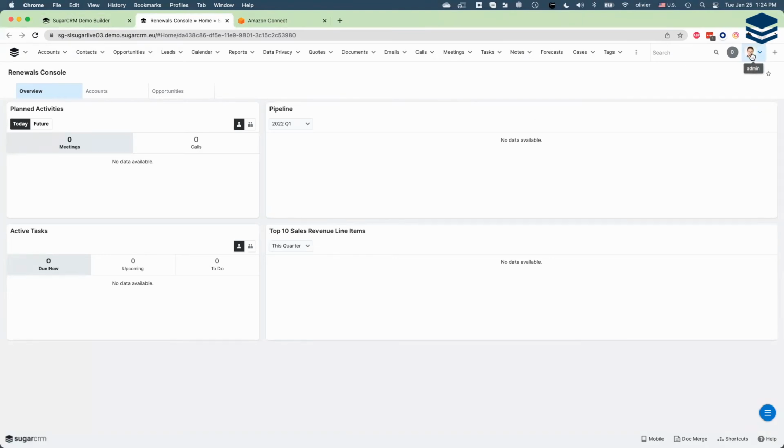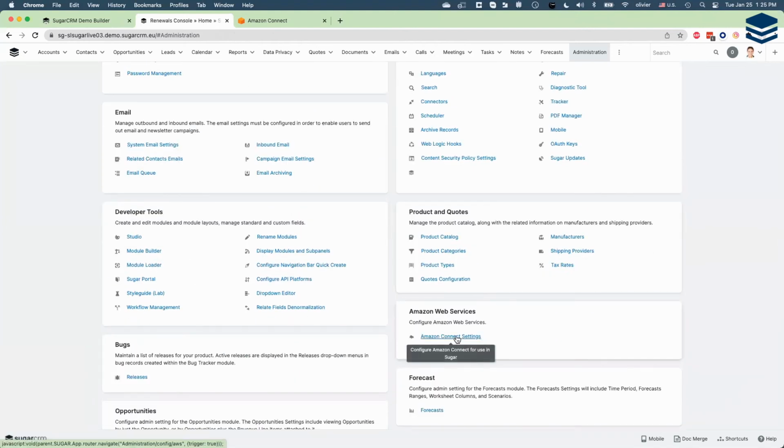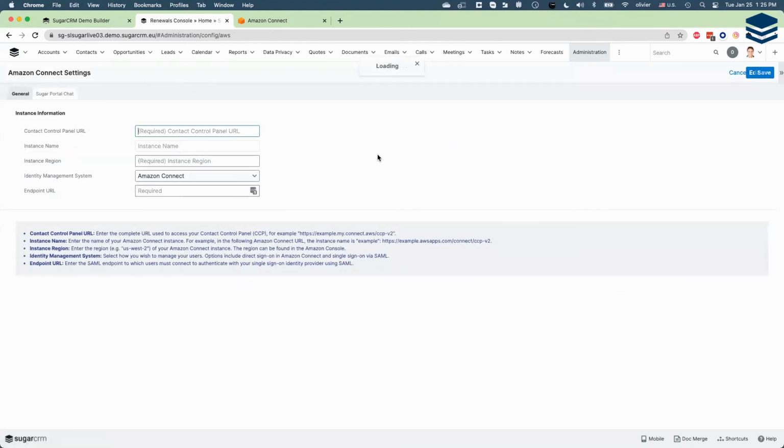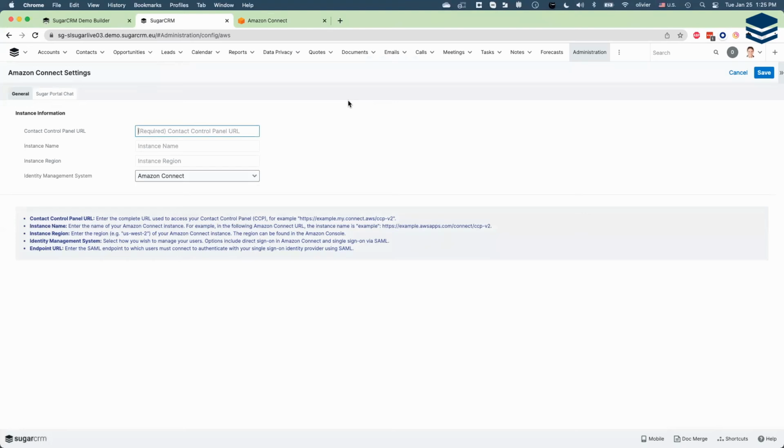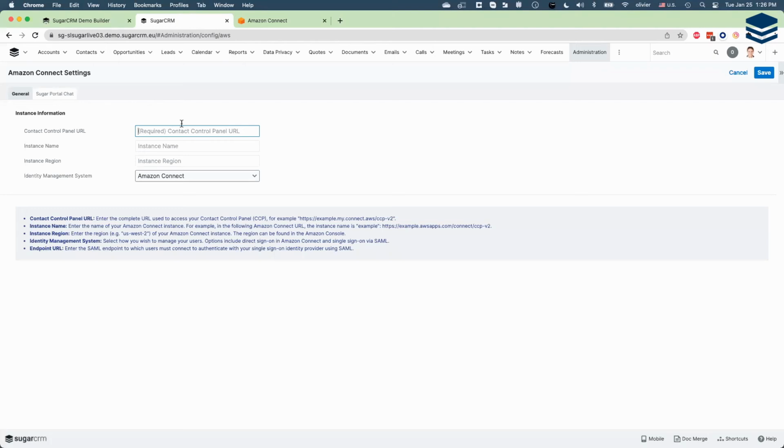First of all, I'm opening the administration, and I scroll down to the Amazon Connect setting. From here, I will enter the information so SugarLive knows where the Amazon Connect instance is. So the first thing is I need to enter the URL that will look like this one. Actually, I'm picking up the URL from Amazon Connect. That's the console. And I will copy paste it here and add